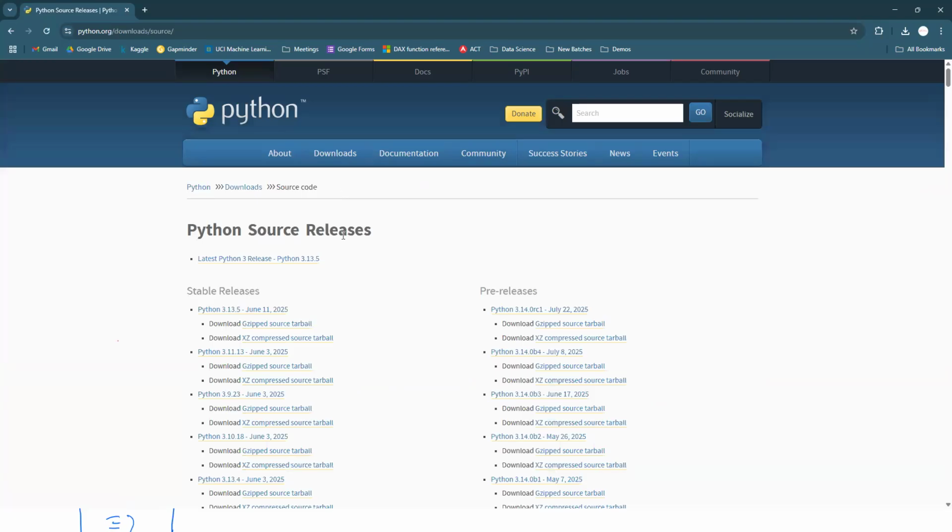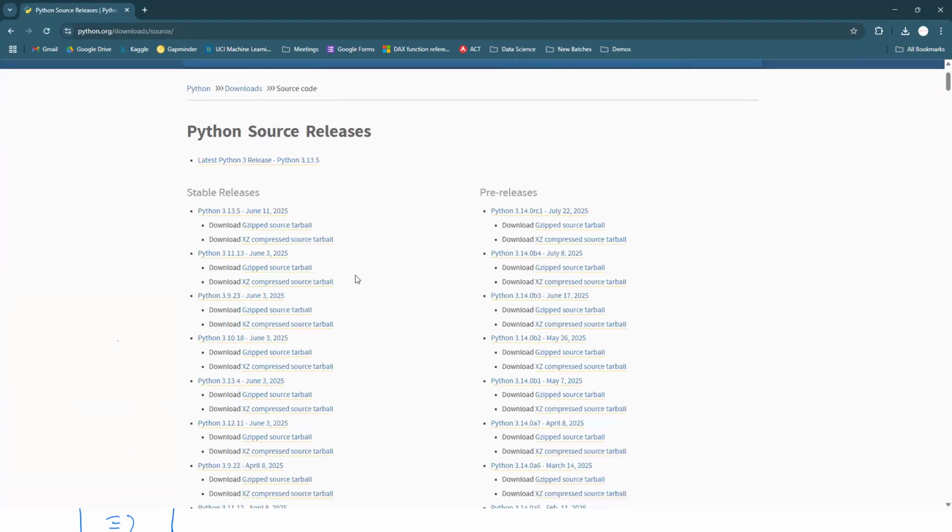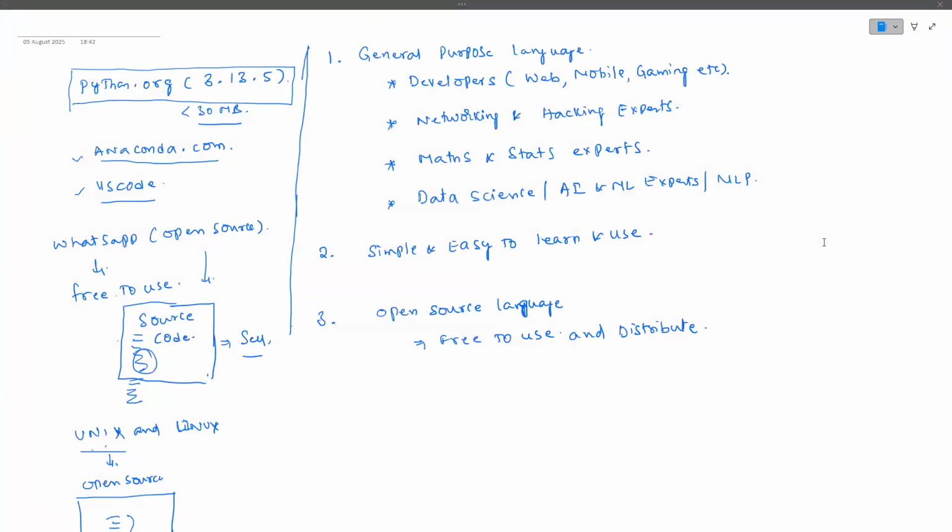So get the source code. What source releases are there? Get them, and if you want, you can make any modifications and work on them. You can make some modifications and use it yourself, or you can sell it as your own product also. They are what we call distributions. We have such Python distributions, which I'll tell you about later, guys.